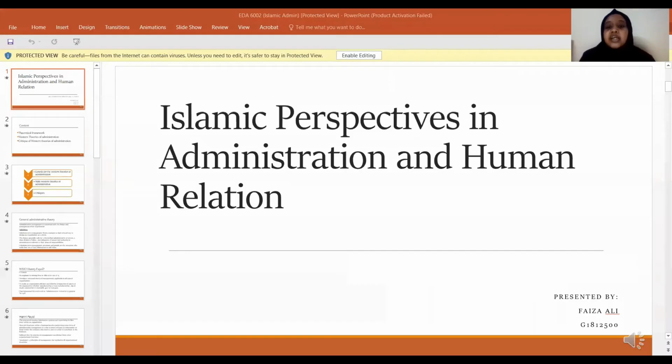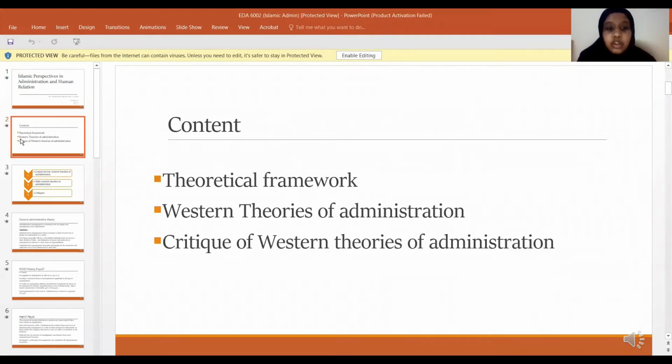Today I'll talk about the theory. I'll share first of all the Islamic perspective in administrations and human relations. So the three subcontents. First is a theoretical framework, then the Western theory of administrations, and the critique of the